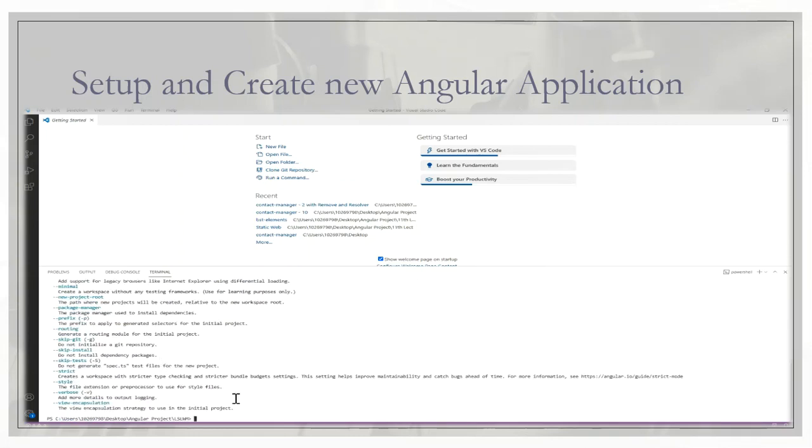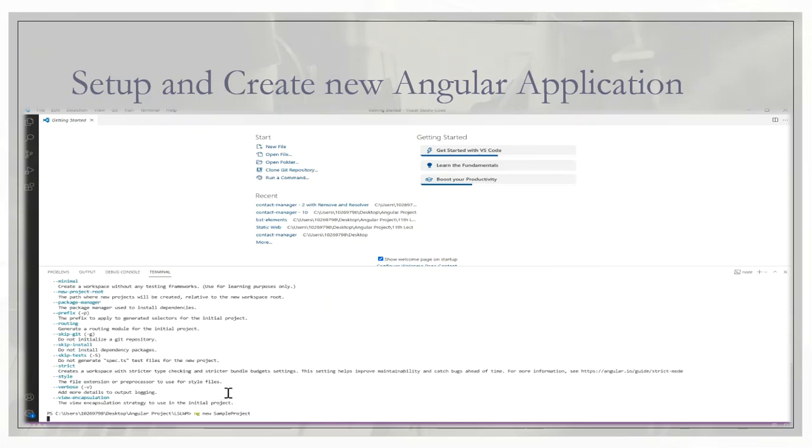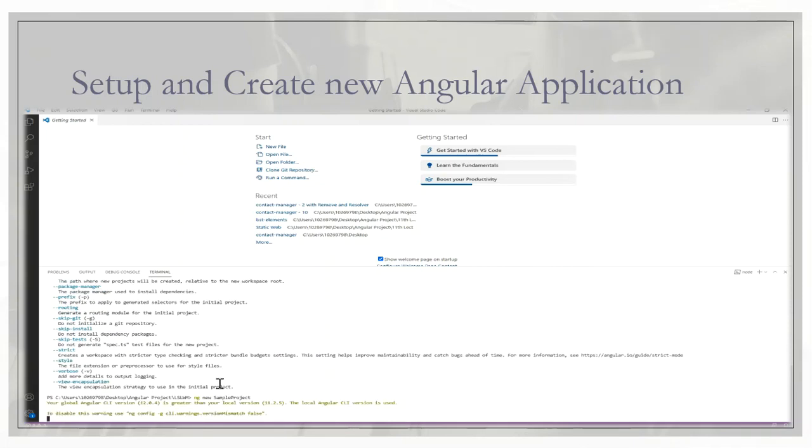Okay, so now I'm going to create our first application with the name sample project. Enter. After this command, it will ask for a few things related to your project.